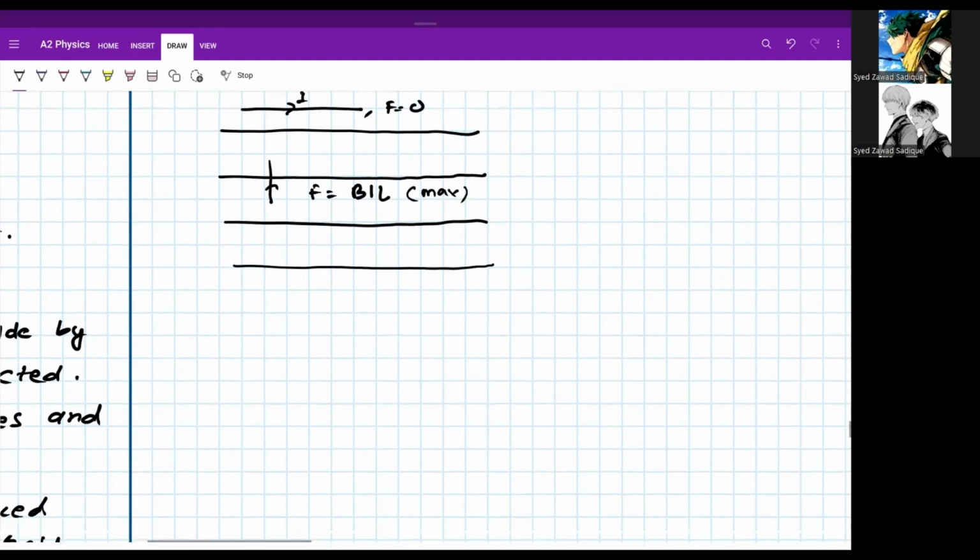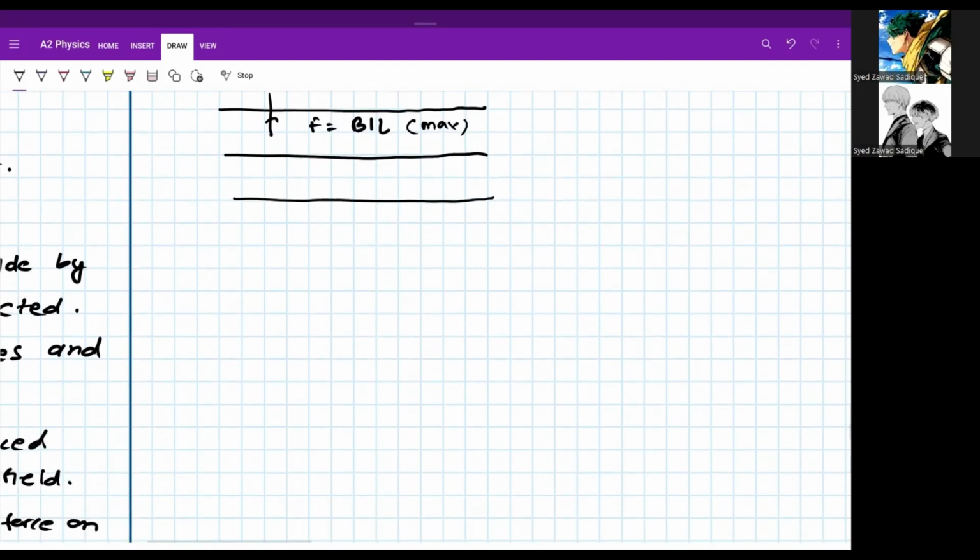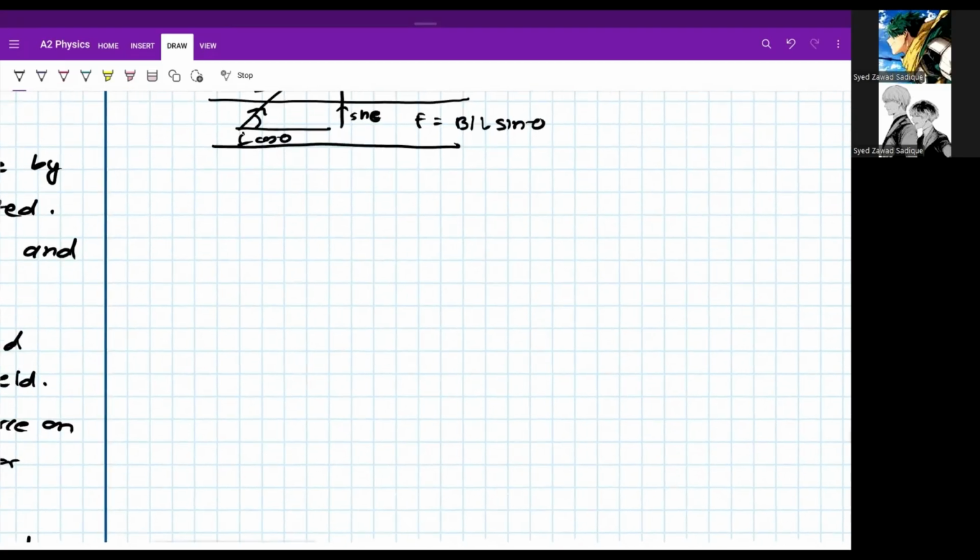If the current acts at a certain angle, then this is sine theta, this is cos theta. So force becomes BIL sine theta. So the general formula is F is equal to BIL sine theta,